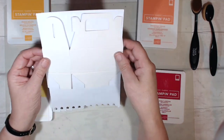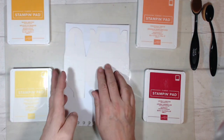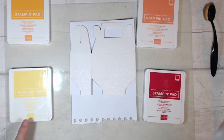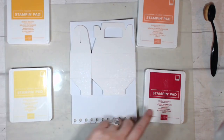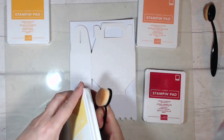So here's my gable box in a collapsed position, and I've just popped a piece of scrap paper in between the 2 layers just to protect the back while I'm working on the front, and vice versa. And I've got my ink set up, and I've got Pineapple Punch, Mango Melody, Grapefruit Grove, and Lovely Lipstick, and I'm going to be using my soft makeup brushes,